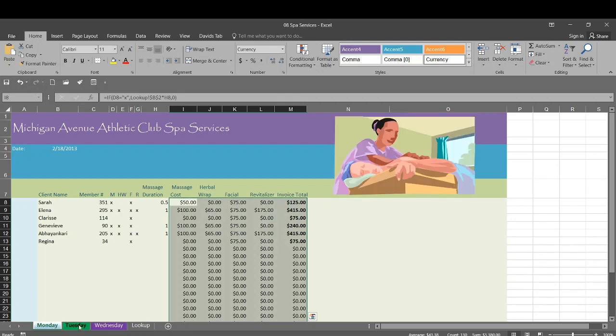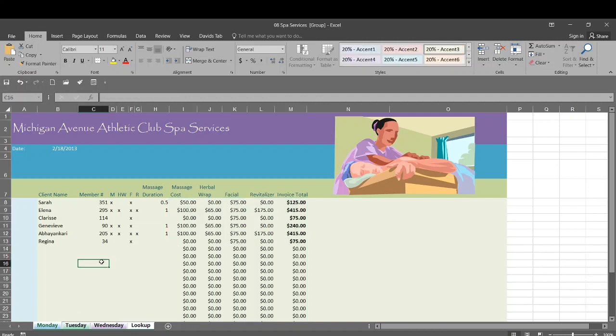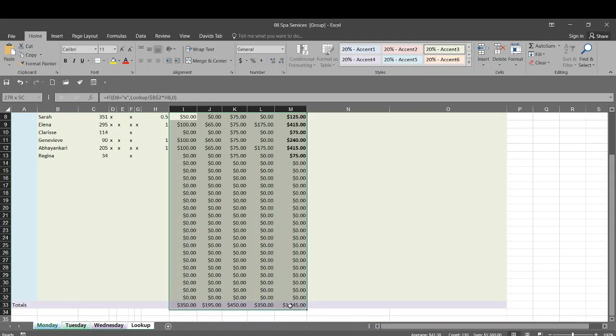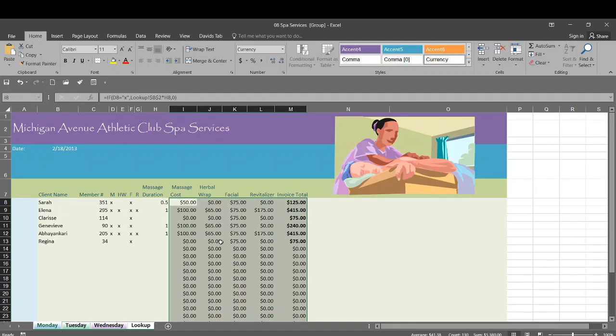So what I want you to do, I want you to click on one of these tabs, select all sheets. And I want you to select cell I8 through M33. And you can tell up here it says group, and that means that you've selected more than one